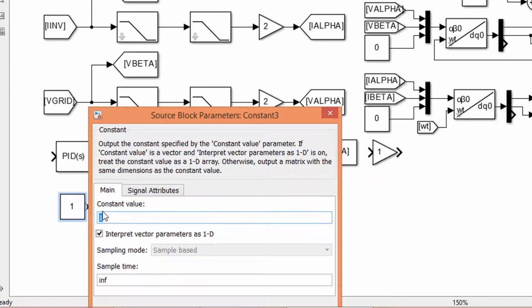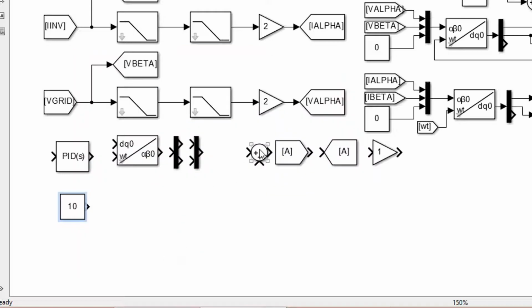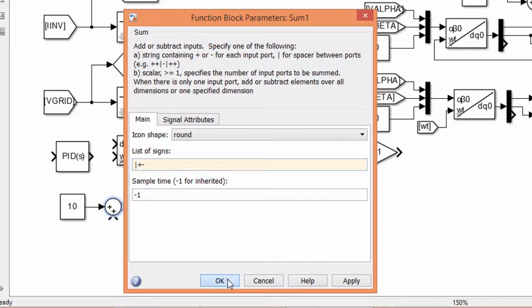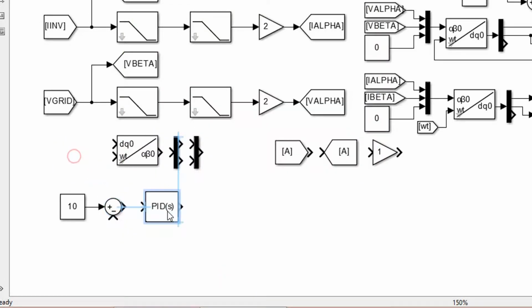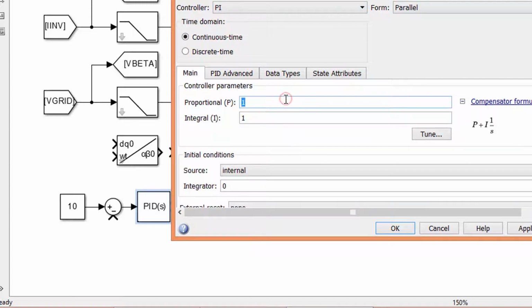Here we set the reference for active current. Set Kp and Ki values for the PI controller.